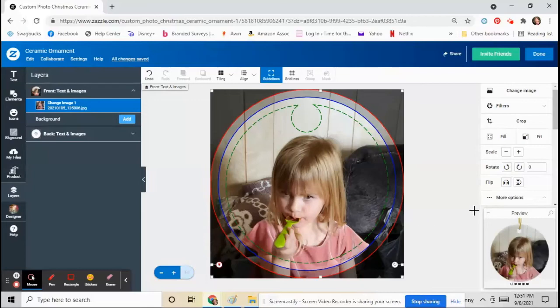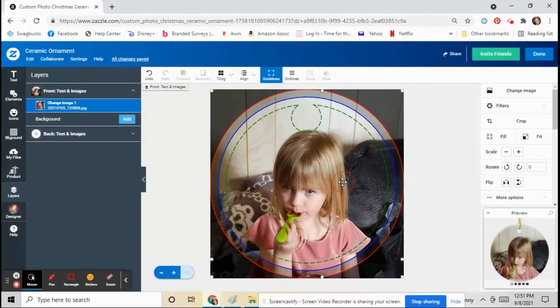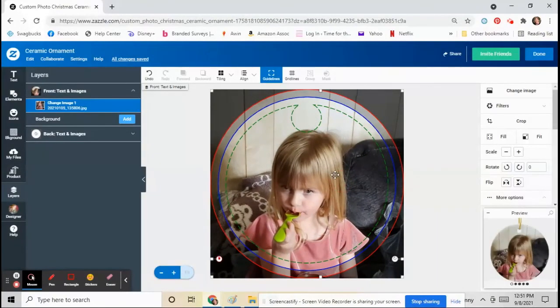Make sure you don't cover up this. This is a hole where the string is going to go. See where the string is there. So anyway, just fill it in the best that you can until you get your picture where you like it. Now, you can click done,